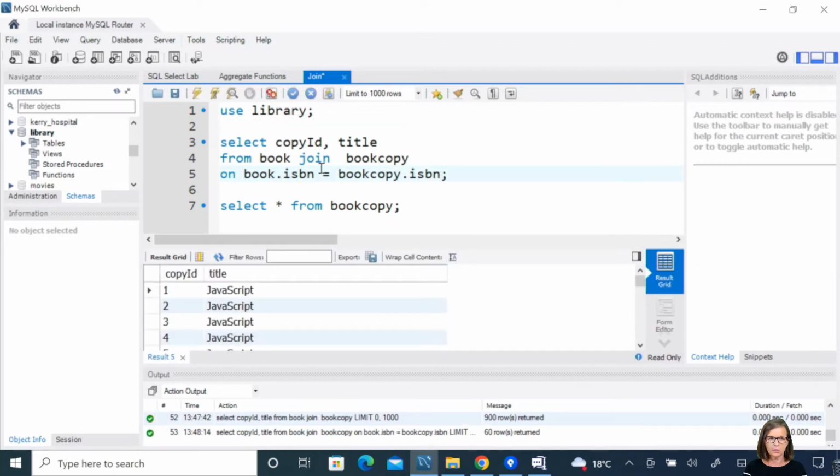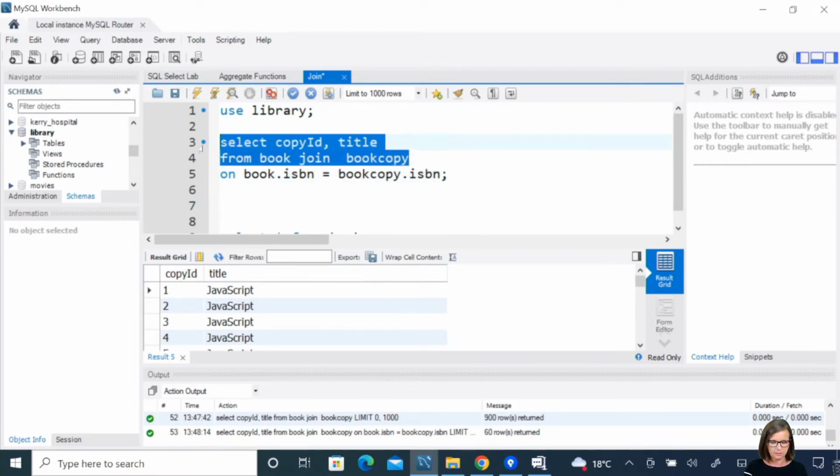So when you're joining, you have to use your on clause, because in our join here, the ISBN is the primary key in the book table and the ISBN is the foreign key in the book copy. So that's fine. So what we can do now to speed that up is I could just copy this